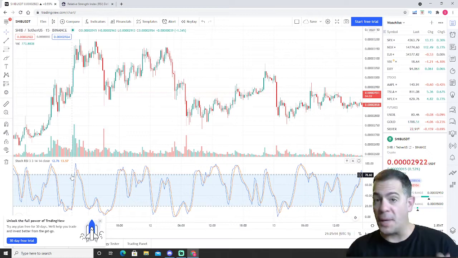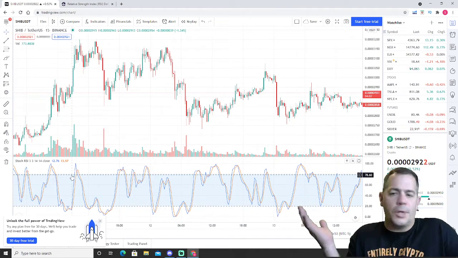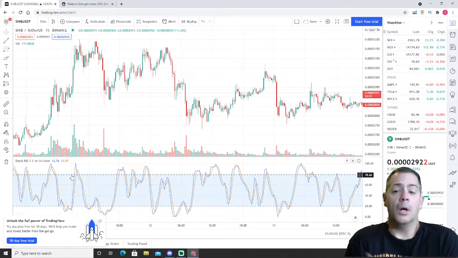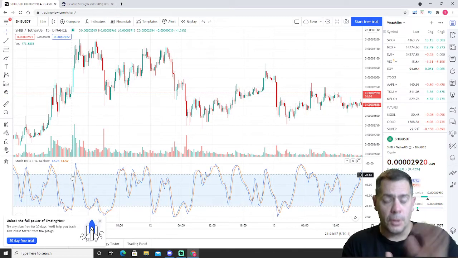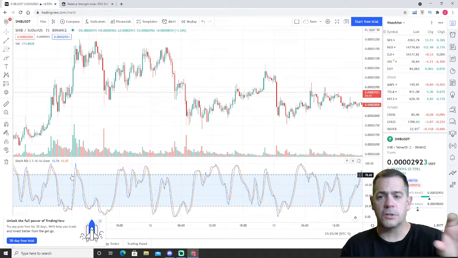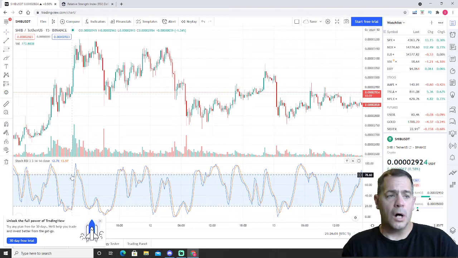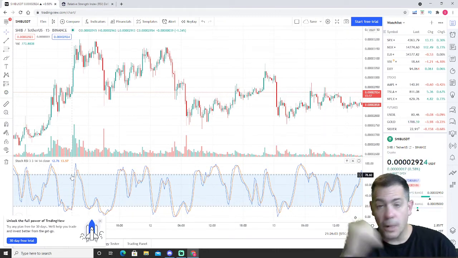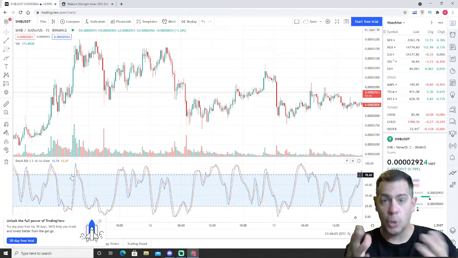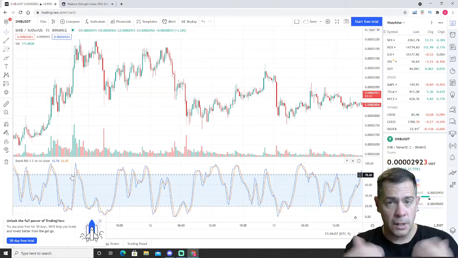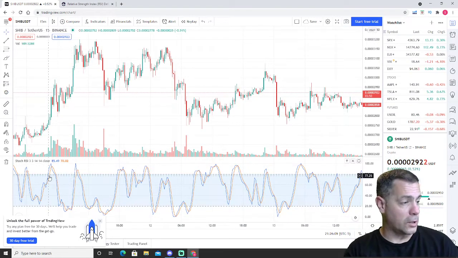Now, how big the uptrend is, we don't know. We're not going to know that, right? But this is how you can use this. This is going to be a good, important tool if you're watching price, right? If you've been watching the price of a certain coin and you're waiting to get in, and you're using your